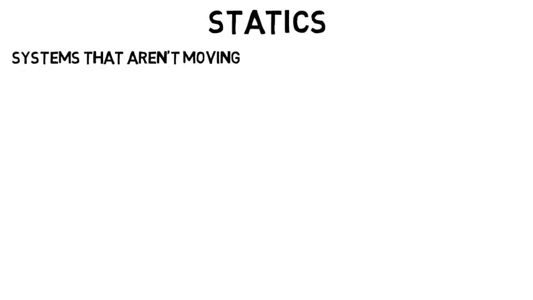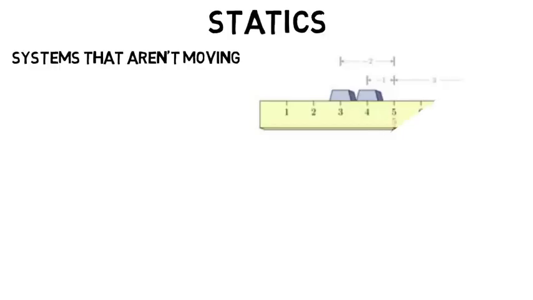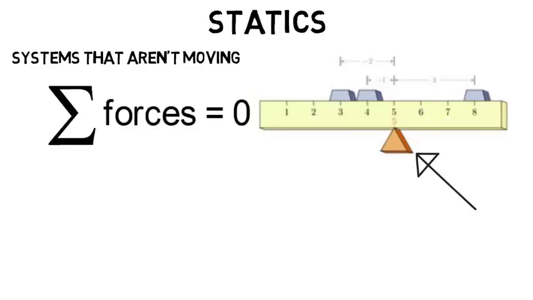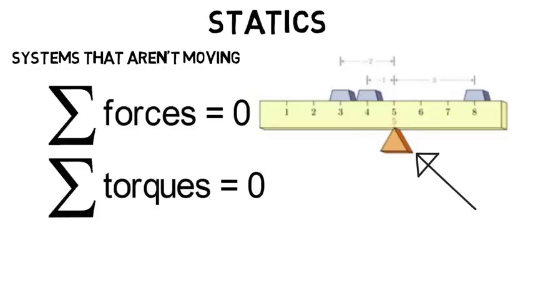All civil engineers will take a class called statics, which is all about the forces and systems that are not moving. In basic physics, you may have done a statics problem, like where does this support have to be for the system to be totally balanced and therefore not moving. You summed all the forces which equaled 0 and all the torques which equaled 0. And that's the basics of statics.